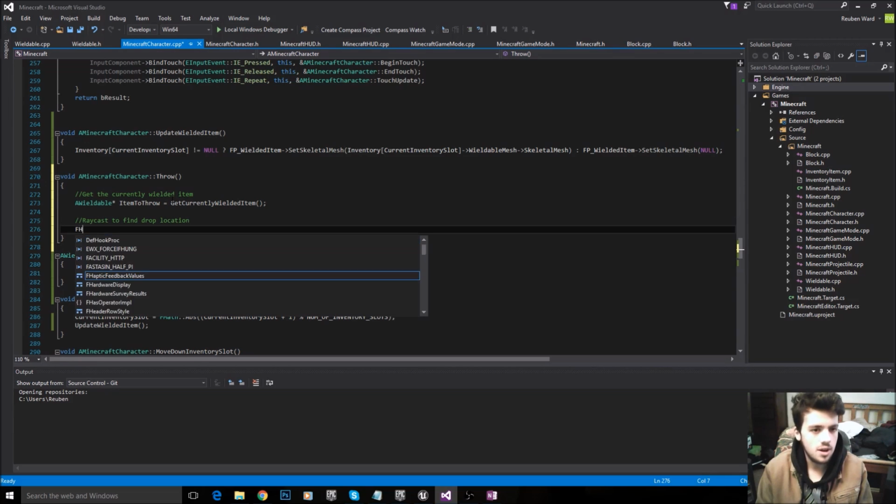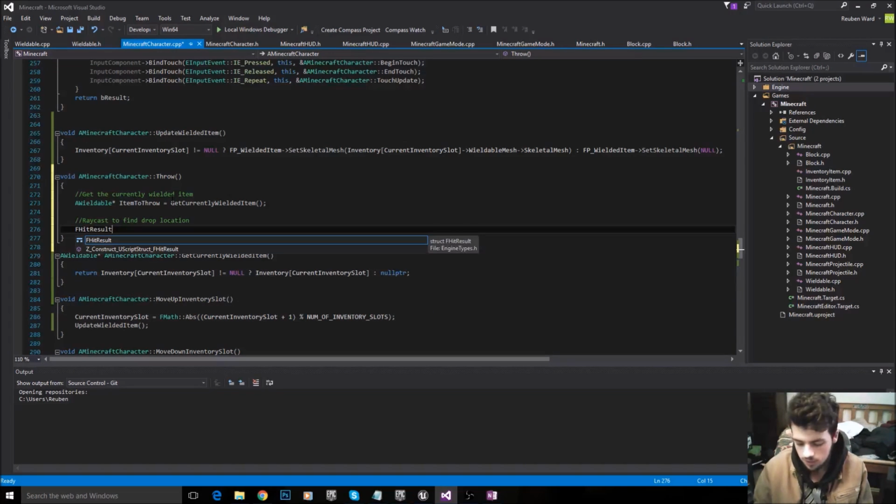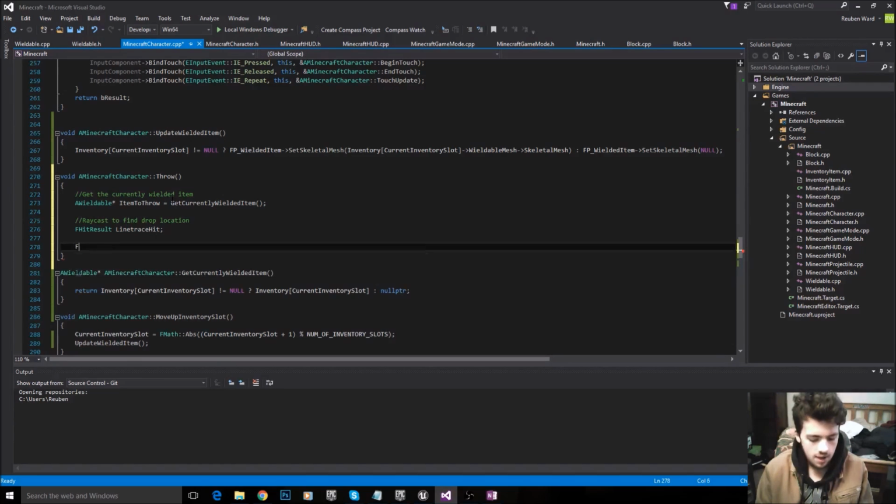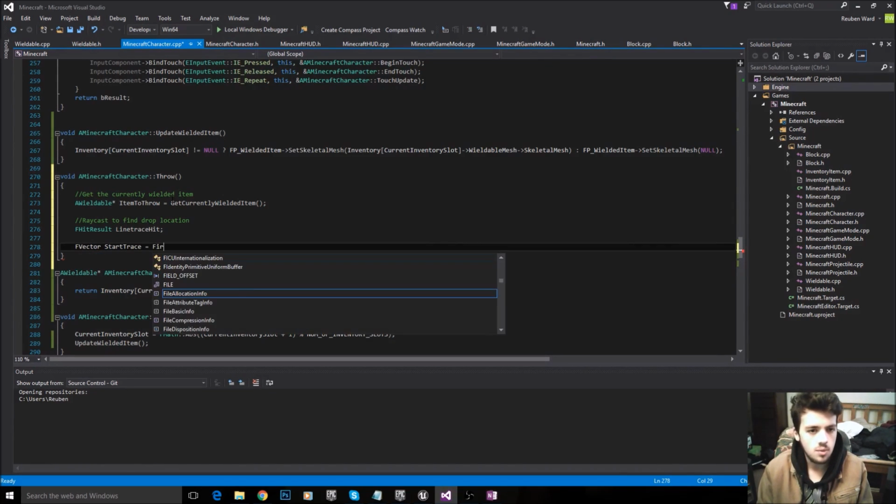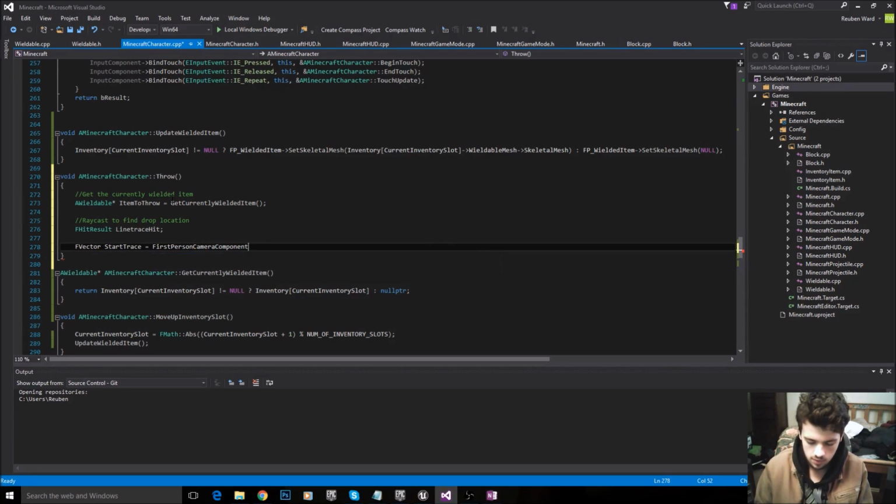So the first thing we need, if you've ever done a raycast, is an FHitResult struct, and this is just going to be called line trace hit. We need a vector to hold the start of the trace, so that's going to be equal to first person camera component get component location.